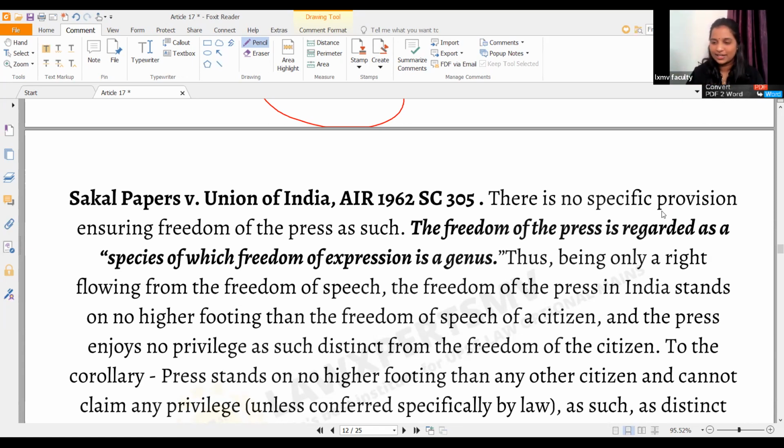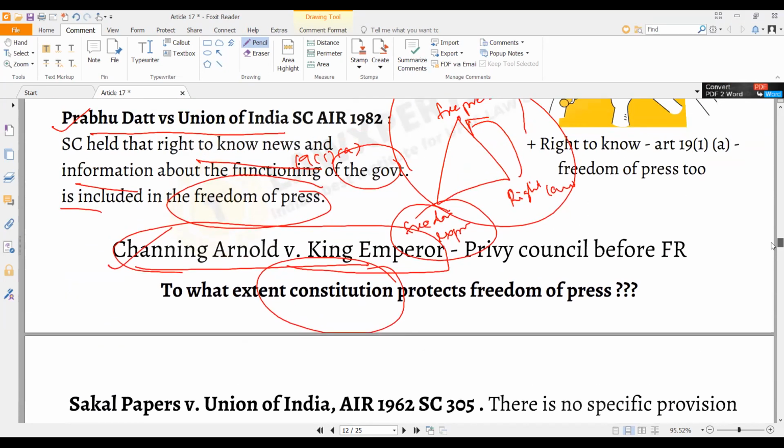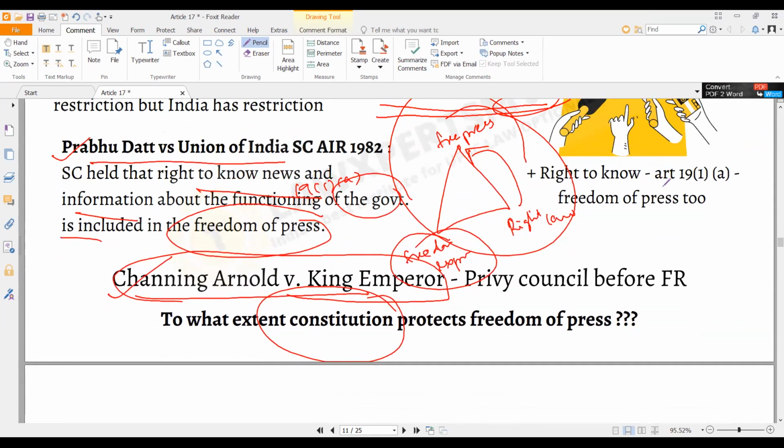Much issue. The third component is right to know. This is with respect to us. It is citizens' right to know, or